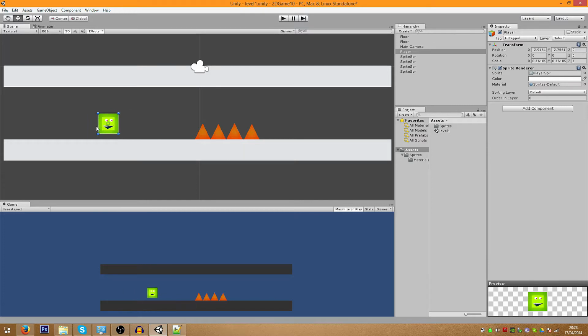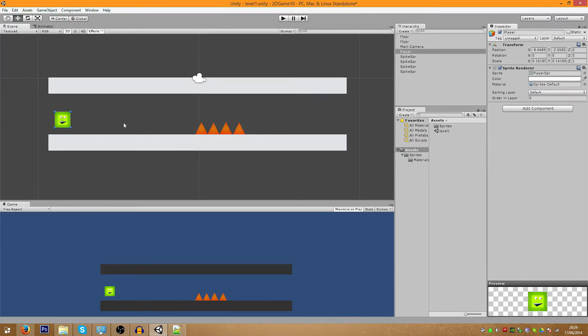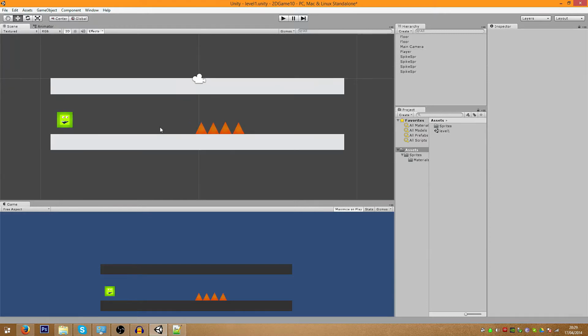However, you would just change that, and instead of applying it to a constant movement, you would apply it for when you press a certain button on the keyboard, you would jump, or when you click, you would move to the right. So you would just take what I do to jump and apply it to whatever you want, which is why I'm only showing you the basics, because it's better if you try and create your own game using the knowledge you've already got, because then you'll learn a lot more and a lot faster. So let's stop muttering on and actually start doing something.